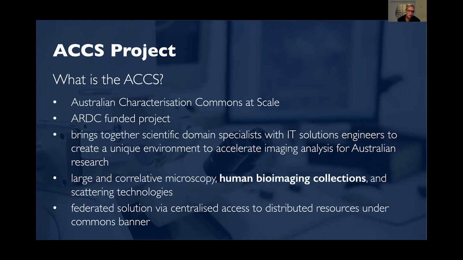Now, within the project, we are working with a number of communities: the large and correlative microscopy community, and of special interest to you, the work we do with human bioimaging. The project also works with the scattering technologies communities.